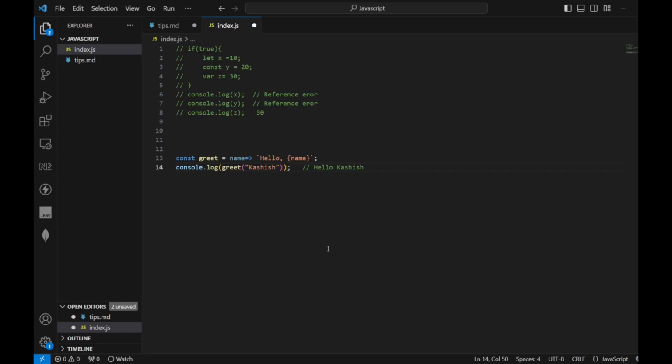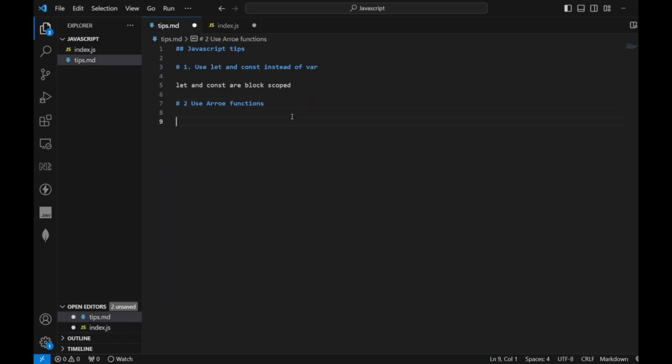So arrow functions make our code more concise and eliminate the this binding issues. We haven't used this here, so it has eliminated that. For this case we use arrow functions. Now coming to the third tip,